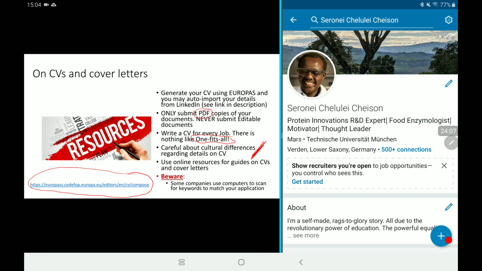The one thing that I wanted to pronounce very prominently is to be aware of the fact that many companies these days use computers to scan your application, because human resource departments are very limited in terms of personnel. They can't handle everything, so people are automating everything now. So when you apply, they tend to scan the documents through computers that extract specific keywords, and that helps them in filtering the hundreds of thousands of applications